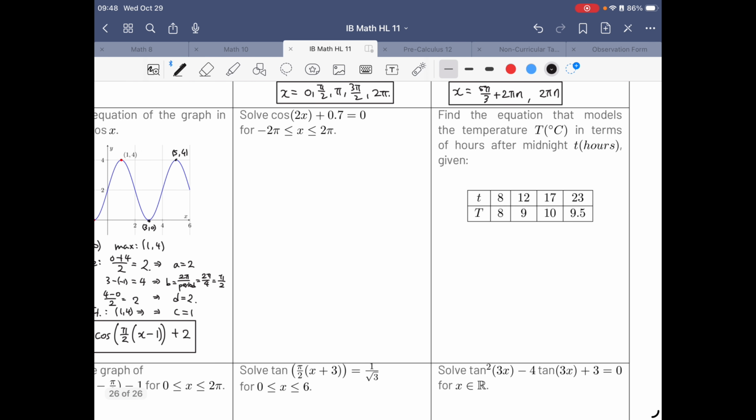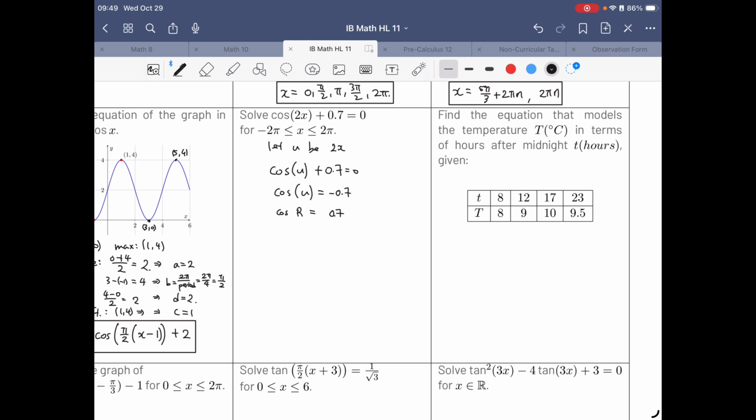Question number 5. Solve cosine of 2x plus 0.7 is equal to 0. So the first thing I'm going to do is let u be 2x. So that's going to be cosine of u plus 0.7 equals 0. That's cosine of u is equal to negative 0.7. Right off the bat, the moment I see negative 0.7, I know that we will not be able to solve this using the